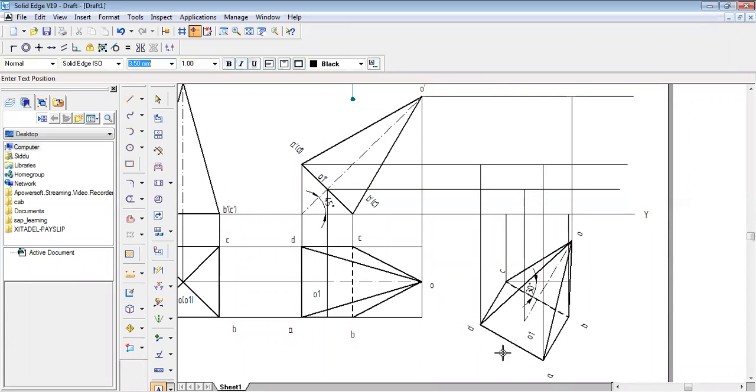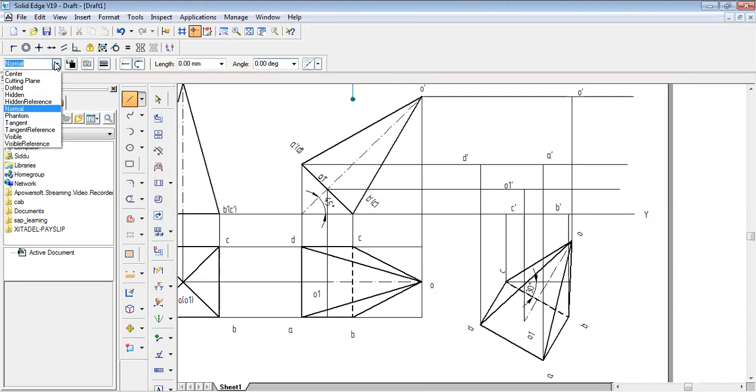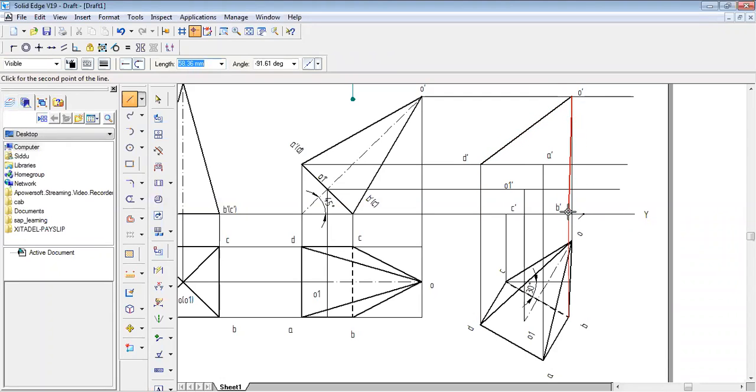Okay, so this is my A dash, this is B dash, and this is going to be my C dash, and this is going to be my D dash, this is O1 dash, this is O dash. Okay, so all 6 points have been marked now. Now we connect them with a thick line, connect all the outermost boundary points, identify all outermost boundary points here, so connect them with a thick line.